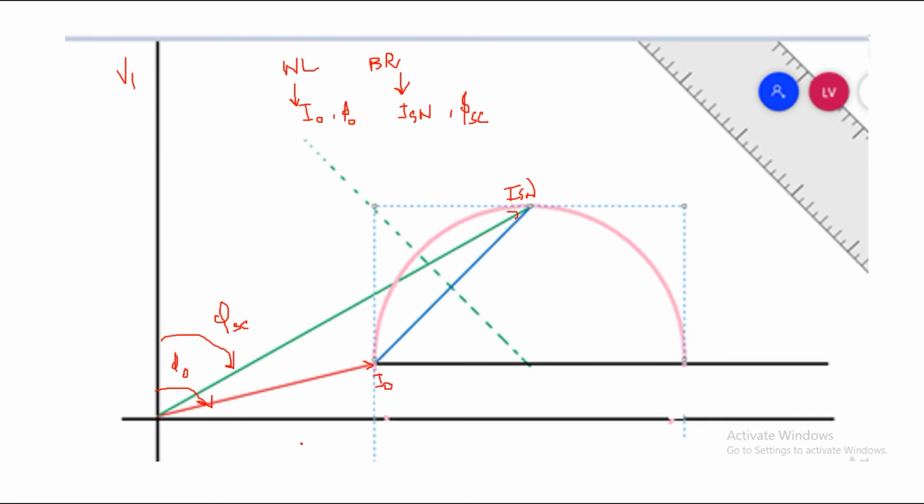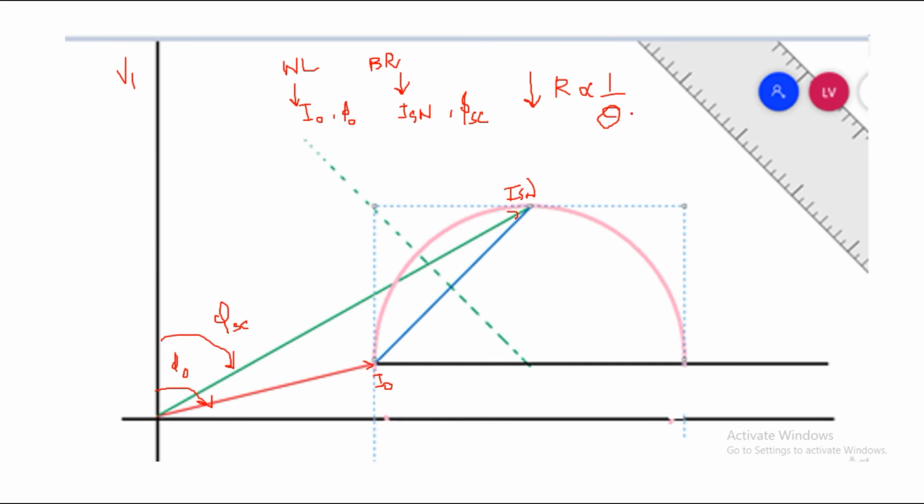And the reason for having a high phase angle between the voltage and I0 is this: we know the relation between resistor, phase angle and current. Resistor and current are inversely proportional, and phase angle and resistor are also inversely proportional. We know the value of I0 is always constant, and the resistor in the shunt branch parameter, which we have seen in the approximate equivalent circuit, is going to have very low resistance compared with the series branch parameter.